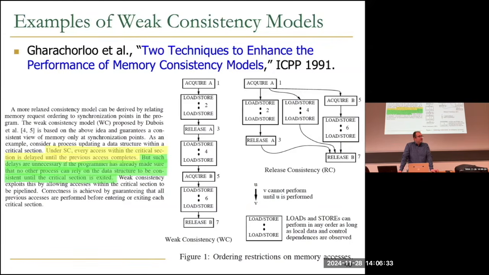Yes. So are we going to be consistent within the acquired region or outside of it? No, you need to be consistent for the acquire. Exactly. So you need to be consistent for your synchronization variables, essentially. So order matters when you are operating on synchronization variables. And you hopefully don't have many synchronization variables in your code. So for section 4, it doesn't matter what the order is. Exactly. Yeah.